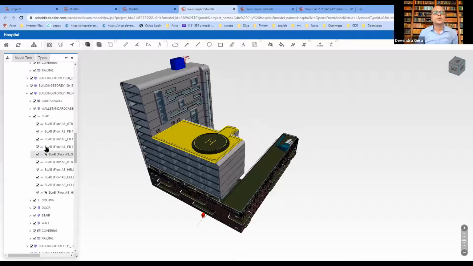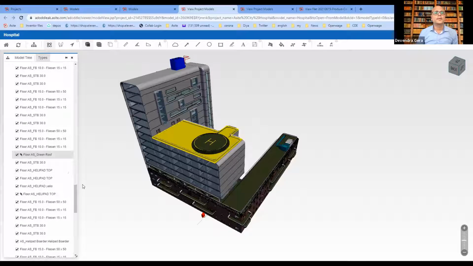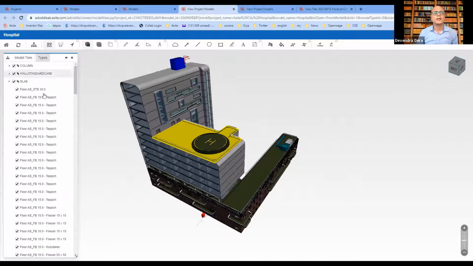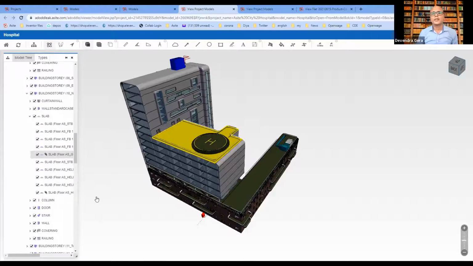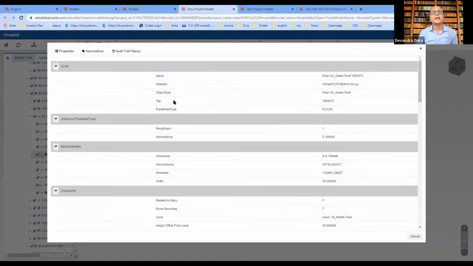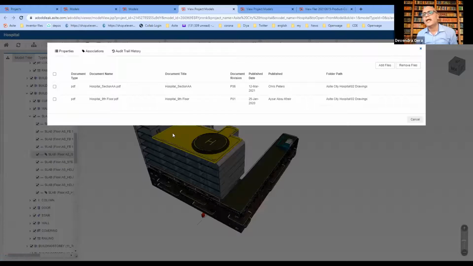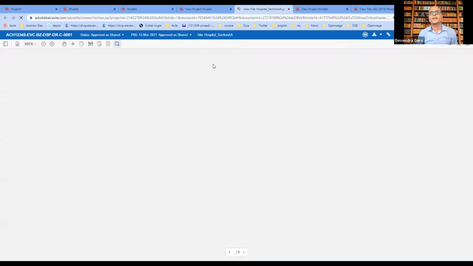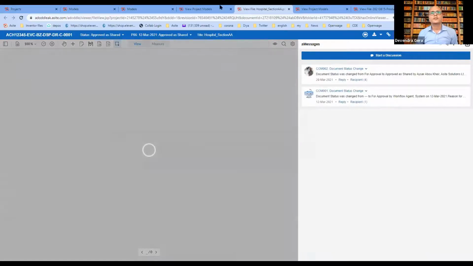What happens is it will group all the slabs in this case, and it will highlight that particular slab. And here, if I go into view object details, it brings all the details of that object, as well as all the 2D drawings. You can add more 2D data to an object, and I can then also view that 2D drawing which is connected with that object, opened in our 2D viewer.